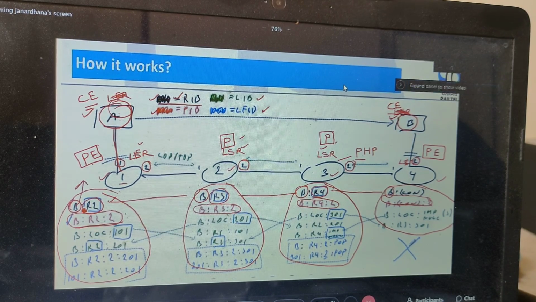So this is the forwarding information base. This indicates on which interface I have to forward my packets. That indicates the FIB. So this is the second line, B colon R2 colon 2. Is it clear? Yes. Yes, sir. Fine. Coming to the third, this is the LIB.